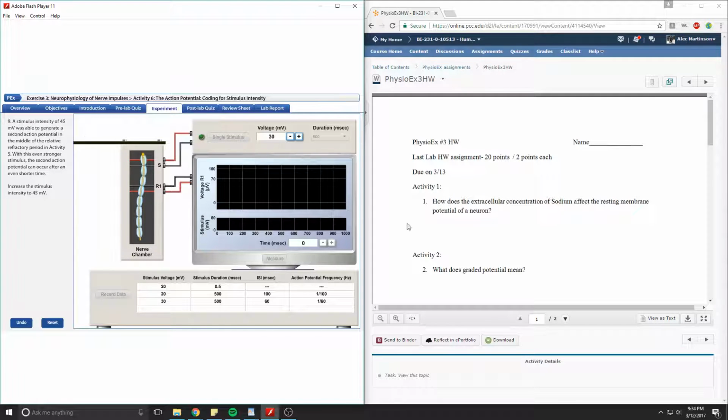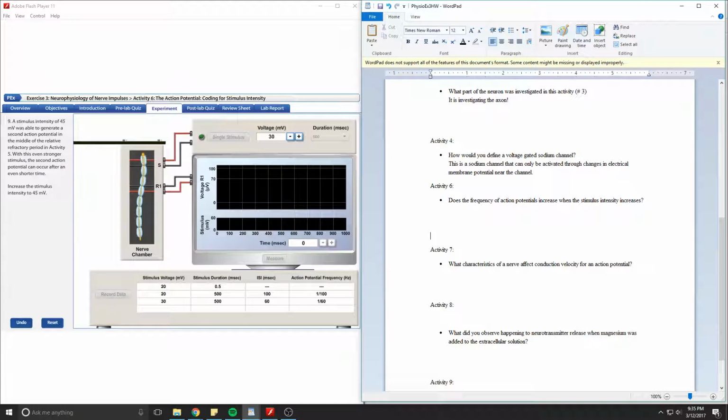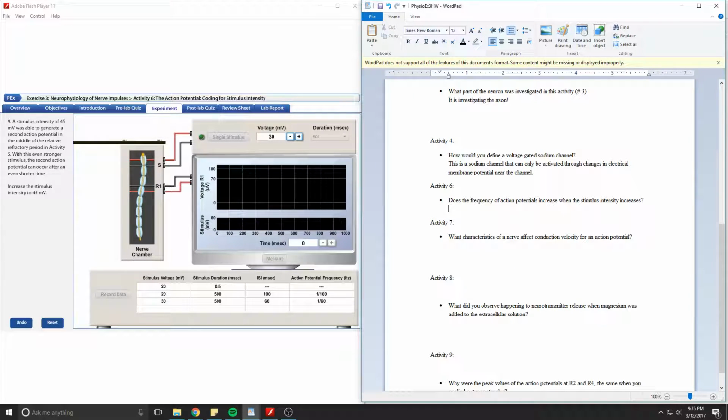Stimulus intensity is 45. We actually already have the answer to this question. It's getting really late at night, so I'm just going to try to... Does the frequency of action potentials increase when stimulus intensity increases? Yes. As you increase voltage, frequency increases. So we already got the answer to that, so I'm going to move on to number 7